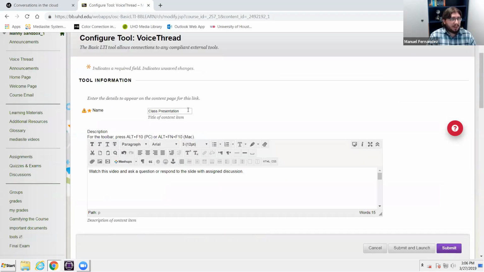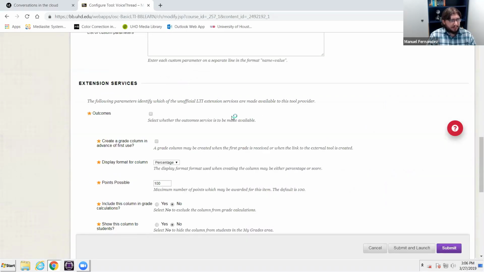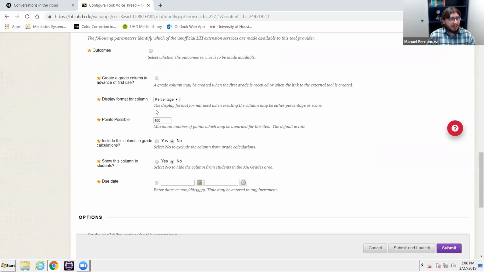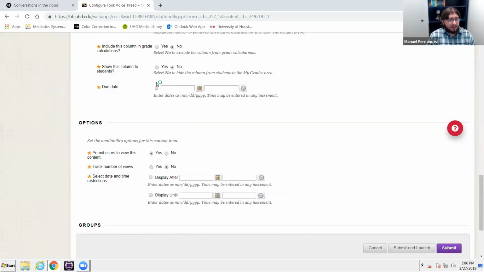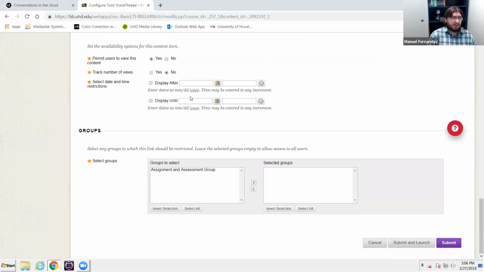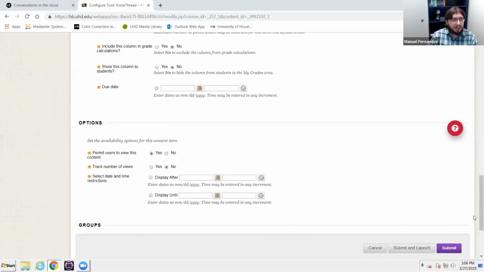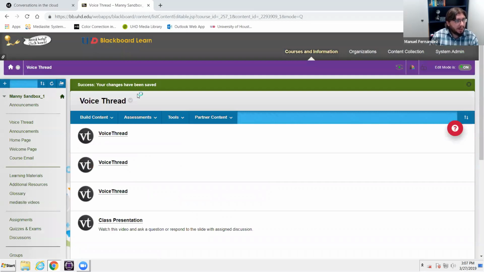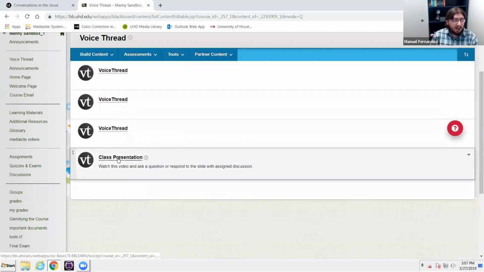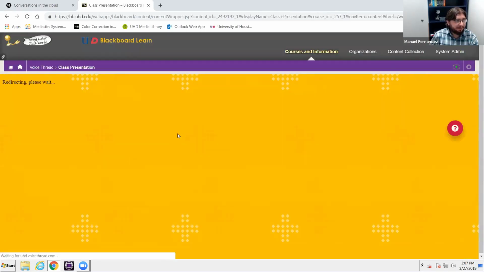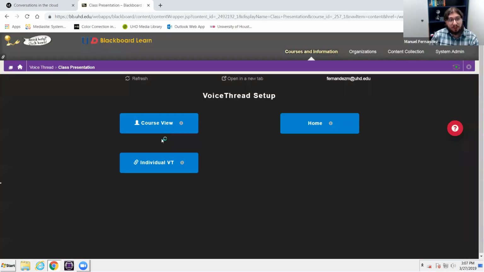You can give the item a name, right? You can select whether this is going to be a graded value. For the sake of this example, we're just going to go with just a quick Voicethread that the participation is not mandatory, but it is encouraged, right? So we'll click submit. And if you don't click submit and launch, it'll take you back to Blackboard. We'll click back into this class presentation, and it's going to ask you, what do you want to show to